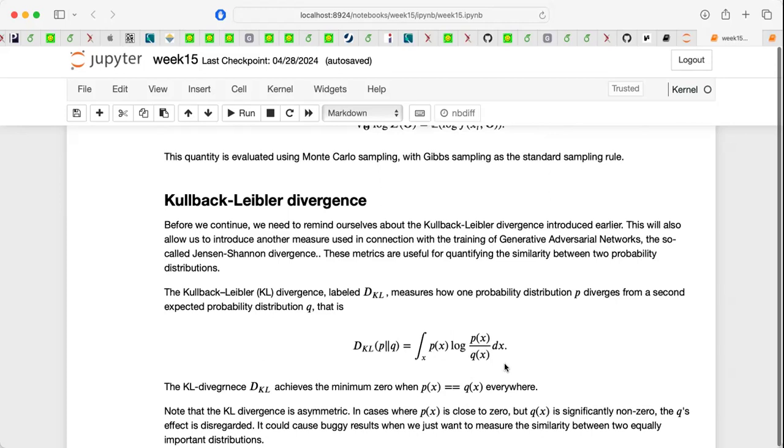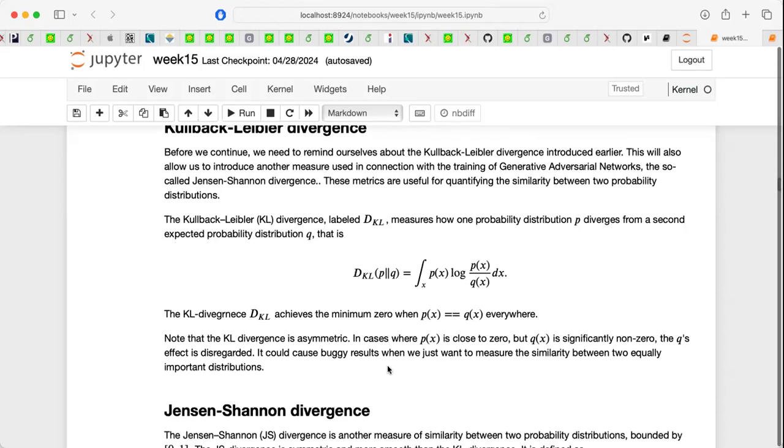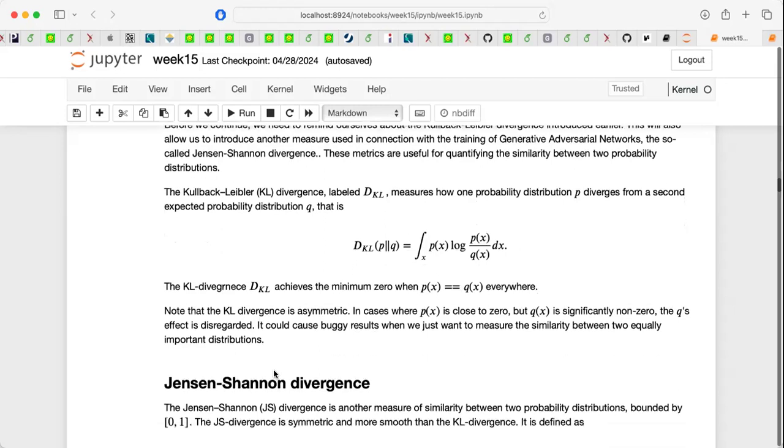So in variational autoencoders, this probability Q here is the one which defines the encoder and translates the real data into the latent space. One of the drawbacks with this KL divergence is that it's asymmetric,